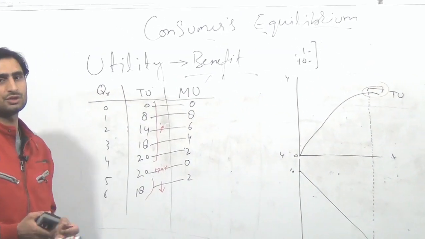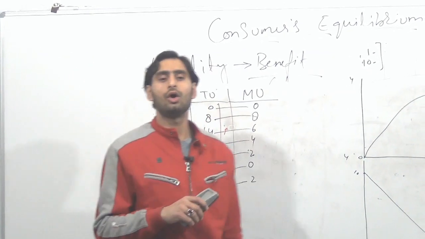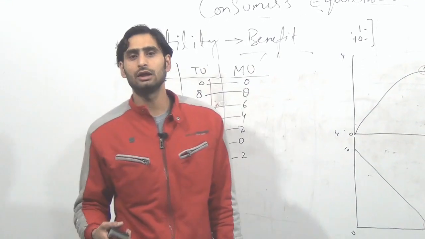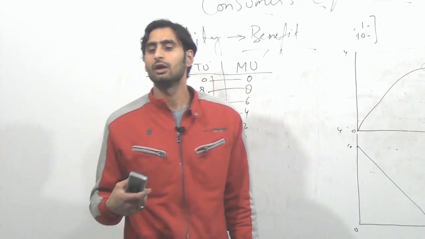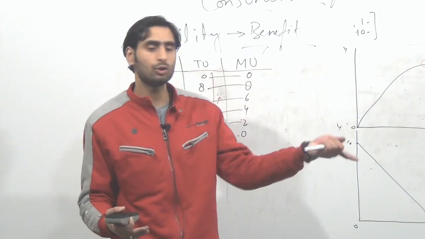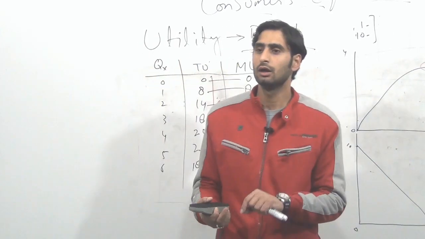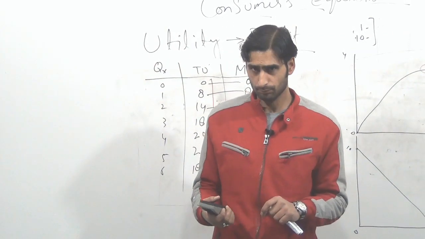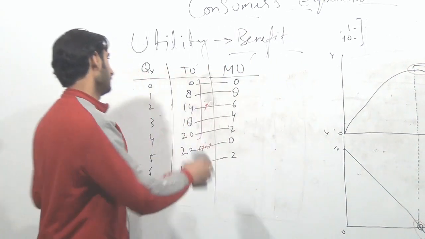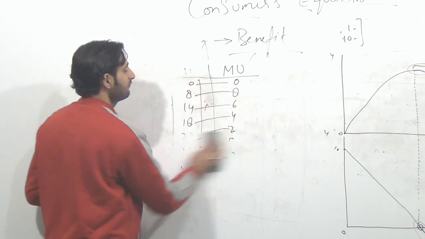This is the word I was just craving for, because utility is all about that as more and more units of a commodity are consumed, the marginal utility from it decreases. This law is a cardinal law, because it has been put forth by Alfred Marshall